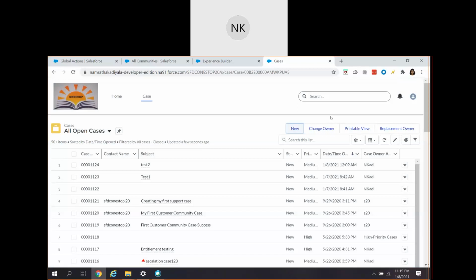We are trying to create a button on this customer community page so that rather than navigating to different pages or tabs, by being on the same page, they can click a new case button and create a case directly from the same page. That is what we are going to do in today's demo.